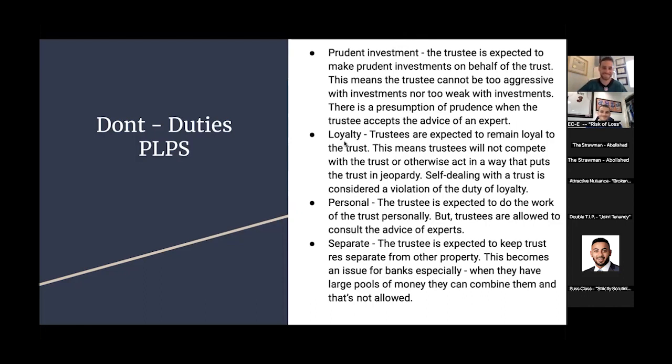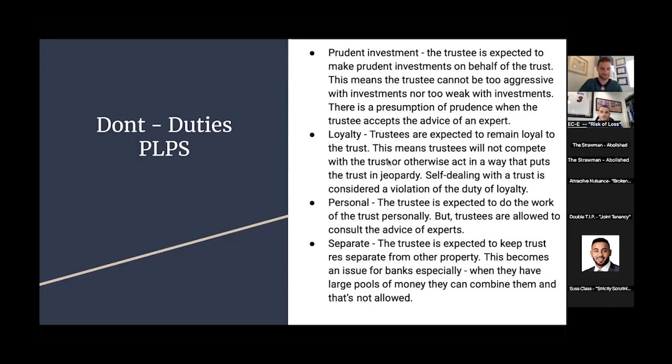It means you have to remain loyal to the trust. And the way this always shapes out is Joe, your family lawyer, is the trustee for this trust, and a property comes on the market that would be perfect for the trust to purchase. It's the exact kind of thing that the trust thinks about, talks about, and so Joe, your family lawyer, however, really wants that property too, and so he buys it first. That's not allowed. The trustee has to give first dibs to the trust when it would benefit the trust.